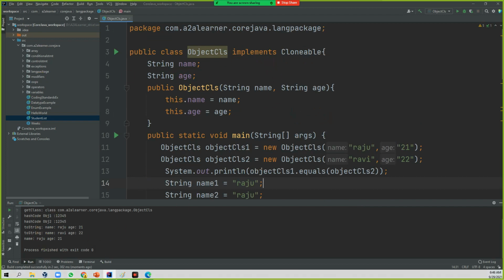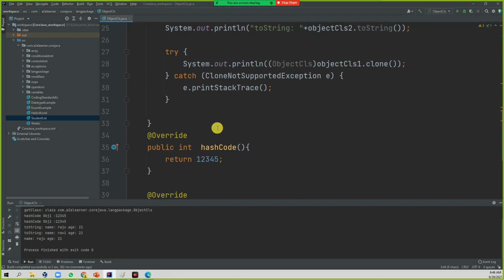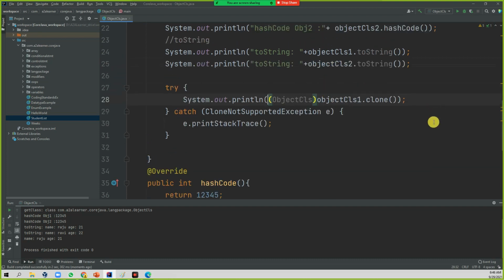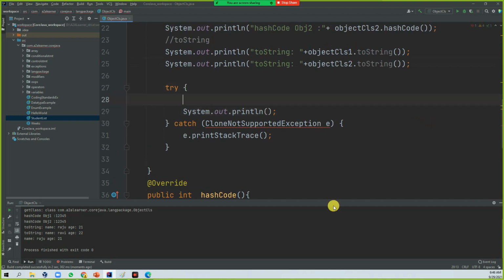So when you are dealing with the clone concept, first you should tell that class about the Cloneable behavior. So how can this class have the cloning feature? Implements Cloneable, and another thing is you have to add try catch for that. Then only you are able to clone this object. So now this object has the cloning feature. This one you can just separate outside.